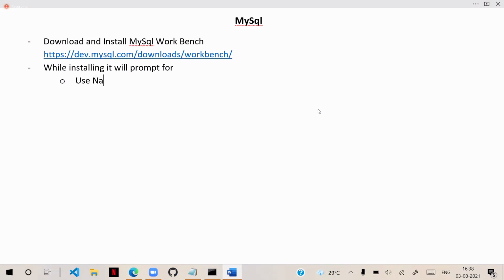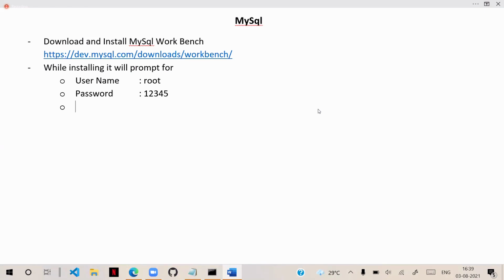The username will be root, and the password can be any password you define, which you have to use to log in. Later, if you want to work with MySQL, you need to log in with this username and password. While installing, at one step, it will ask what the username and password should be. You give it and remember that.